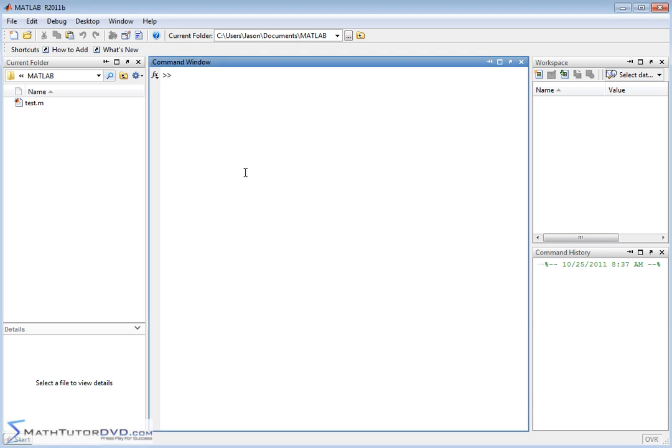Hello and welcome to this section of the MATLAB tutor. We're going to continue working with vectors. Specifically, we'll learn about the very important functions dealing with the dot product and the cross product and how they